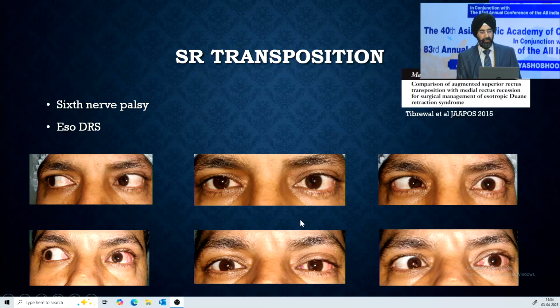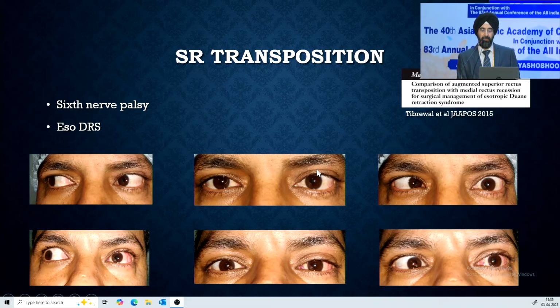This happens again in restrictive syndromes or in sixth nerve palsy. If you see the left eye, the eye doesn't really go out. So earlier we could do basically a recession of the stronger muscle, that is the medial rectus, or a resection of the lateral rectus, but because there is no force in the lateral rectus, and if the deviation is large,